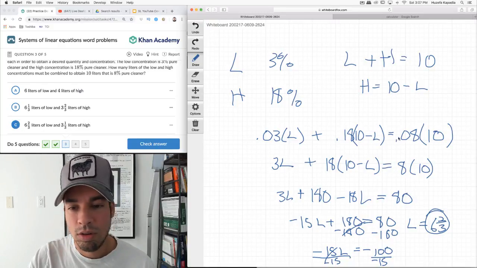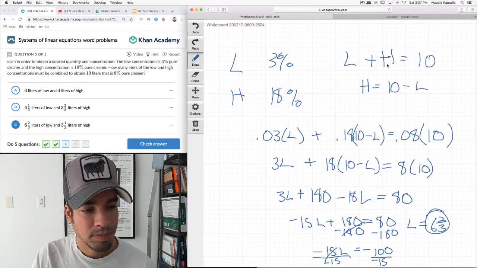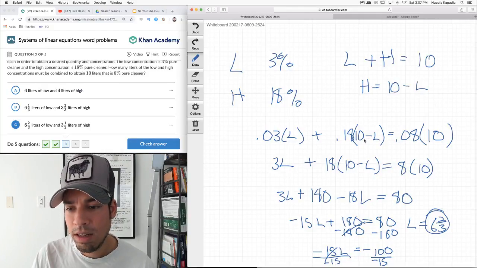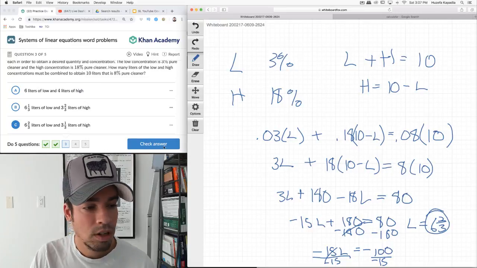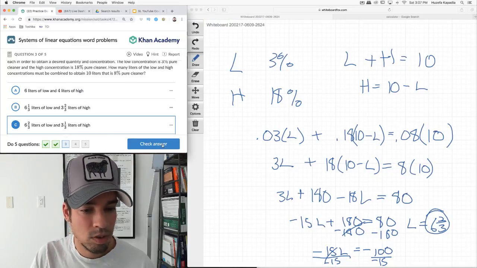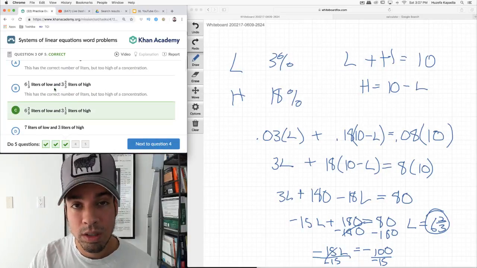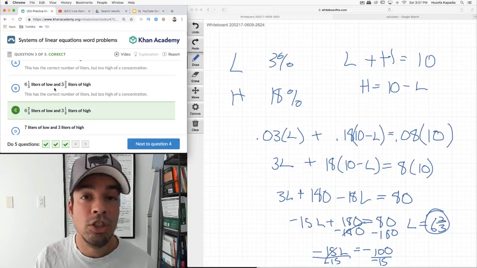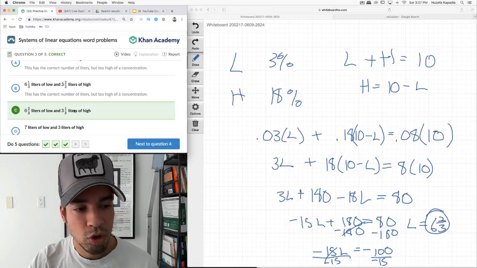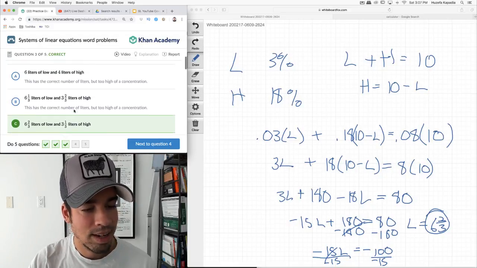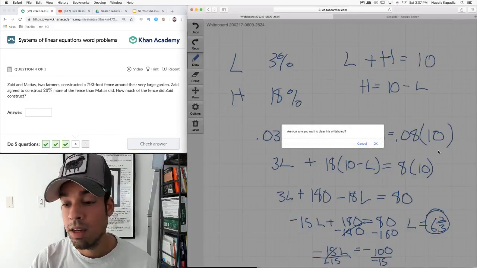So the low is 6 2/3, but we want to plug in and make sure that works with both equations. That means high has to be 3 1/3, of course, to add to 10. If I was being really thorough, I'd plug it in and make sure it works with the second equation. On the real test, plug it into both equations, because with just one equation, you could still have a mistake. But in this nice multiple choice question, you have some more assurances that you're on the right track.